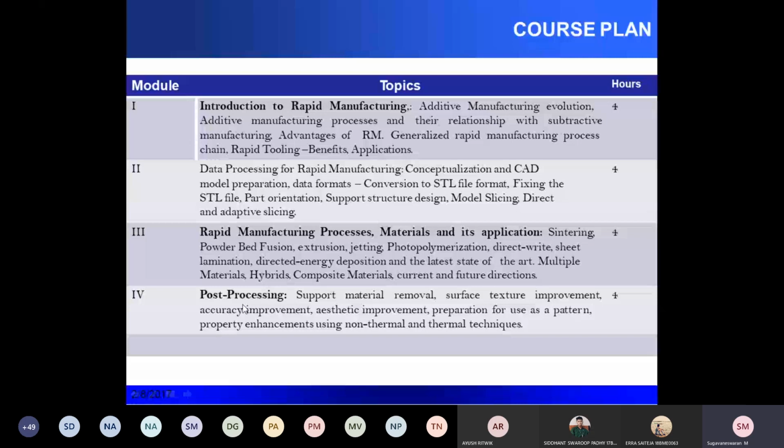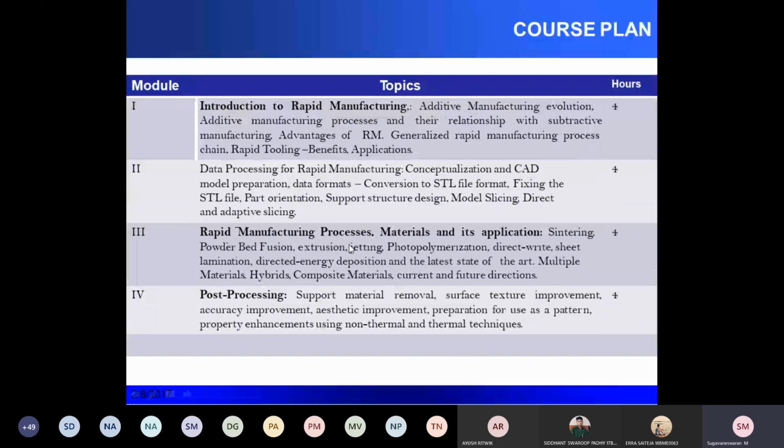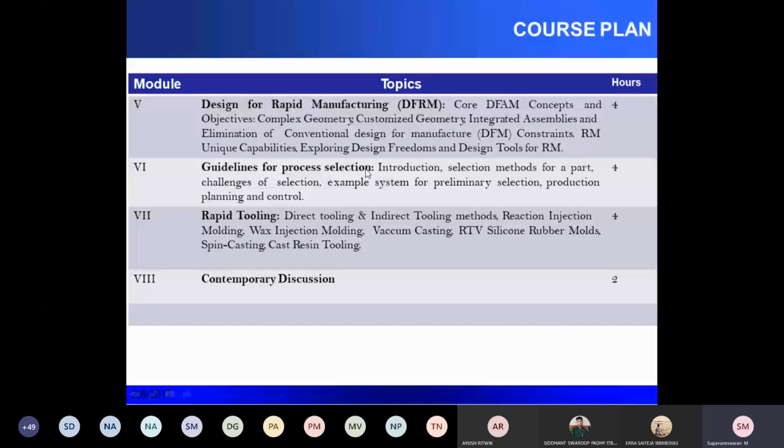Module 4: though we are getting nicely complex components through additive manufacturing, there are some issues in terms of finish and coloring. So post-processing after printing will be discussed in module 4. Module 5, as I told you in the previous slide, is design integrated process. When you want to use an additive manufacturing process, how to design a component. Those topics will be discussed in module 5. And module 6: if a component is given to you, among the different additive manufacturing processes, which process is suitable for the given component, like a case study. How to select a suitable process using some algorithm will be discussed in module 6.